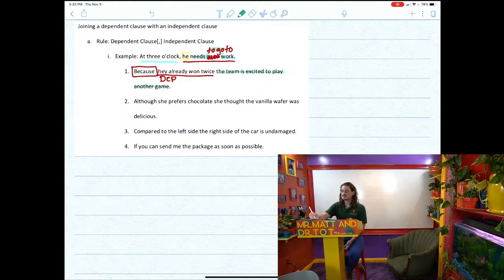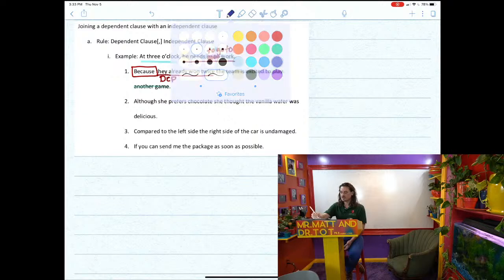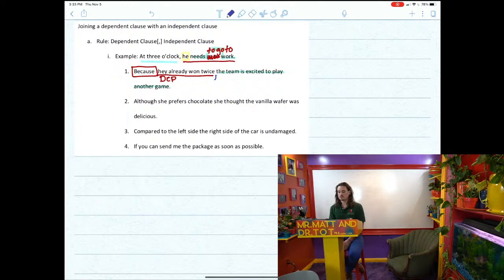So between a dependent and independent clause, we need a comma, just a comma. So that should be between twice and the article the. Number two, although she prefers chocolate, she thought the vanilla wafer was delicious. Again, we have this